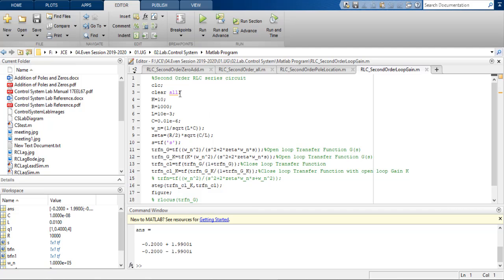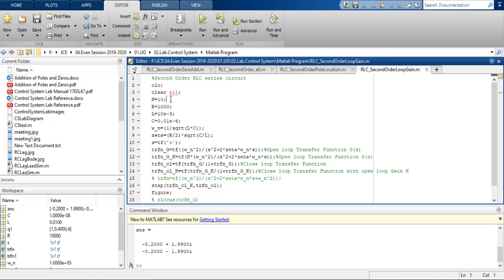In this program, we'll be talking about the second order system using different values of the loop gain. Along with the previous codes, I have entered k equal to 10. K is the new loop gain that we are going to introduce. The following codes are exactly the same.